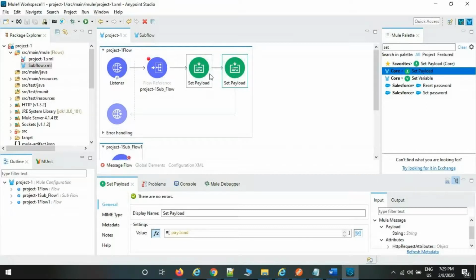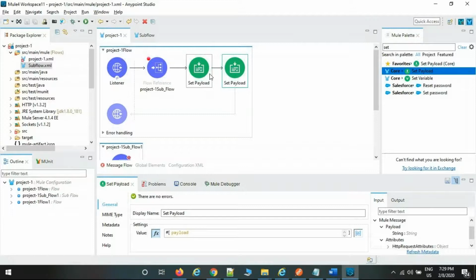So flow reference, wherever you want, you can put it. Don't think that a flow reference is allowed only in the main flow. Wherever you want, either subflow to private flow, subflow to subflow, main flow to subflow, main flow to private flow, you can put a flow reference. The purpose of this is to reduce the complexity and improve the performance. MuleSoft introduced flows, 3 types of flows only.